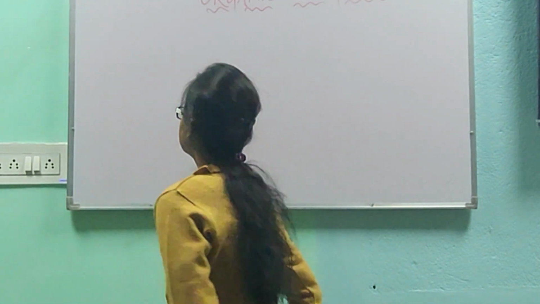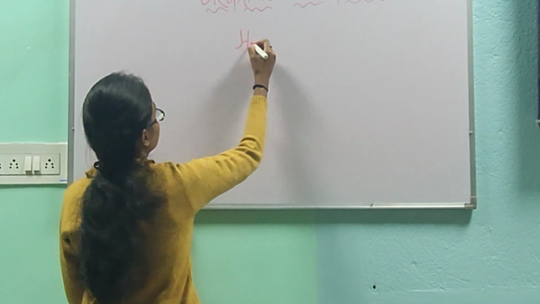What do you mean by hydrocarbon? Before knowing organic chemistry, you should be well aware of the term hydrocarbon. Hydro means hydrogen and carbon. So the organic compounds which are entirely made up of two kinds of atoms, carbon and hydrogen, are known as hydrocarbons. Now the classification of hydrocarbons is done